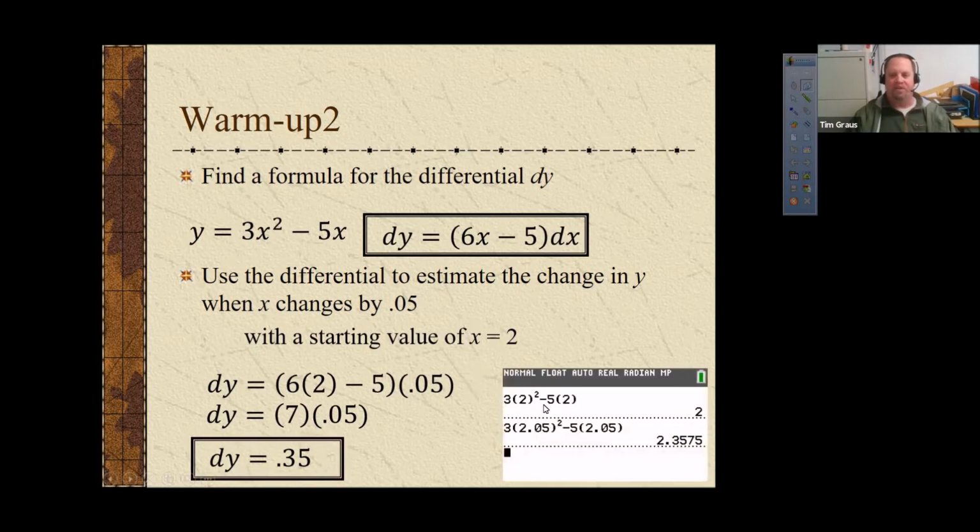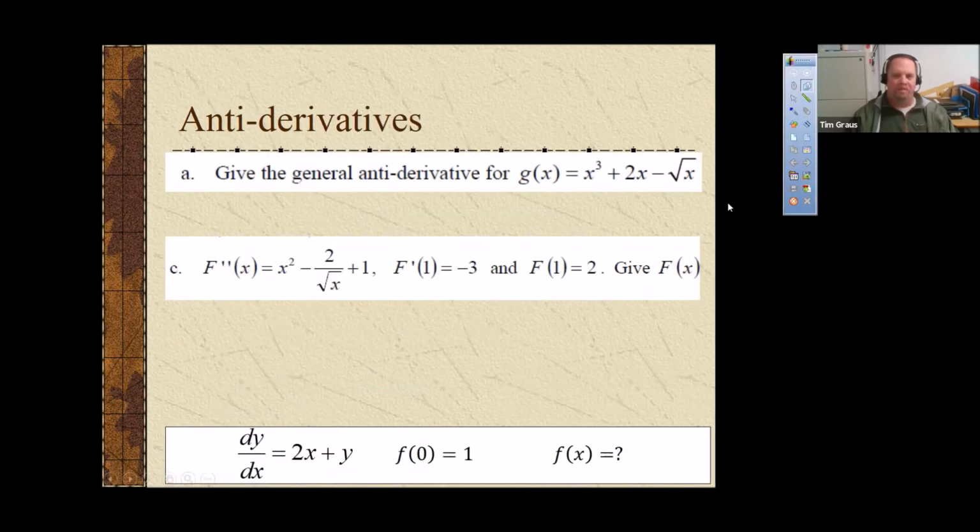Just to check that this matches up with reality, over here I've done some calculations. I went back to the original equation and plugged in 2, and then plugged in 2.05. You can see we changed from a y value of 2 to a y value of 2.3575. Now, this method of finding a change in y does not give us the exact change in y. It gives us an approximate change in y. So really the y value changed by 0.3575, but our approximation was 0.35. What we're aiming at is to try to find a function